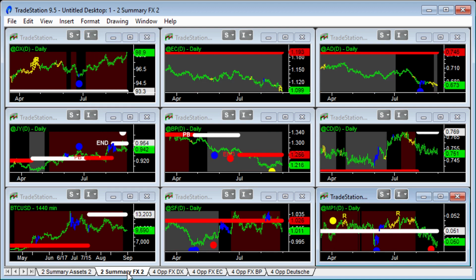And then when you look at the currencies around the world, start with the dollar index here and the Japanese yen. These tend to be places where money flows to when there's a little bit of a scare. We've got Bitcoin here, and then the European currencies, the euro, British pound, and the Swiss franc, and then the commodity currencies, where we've got the Aussie dollar, Canadian dollar, and the Mexican peso, which is more representative of the emerging markets type currencies. But that's the two views of the world.